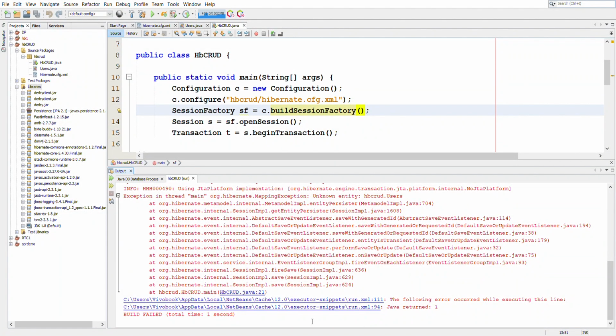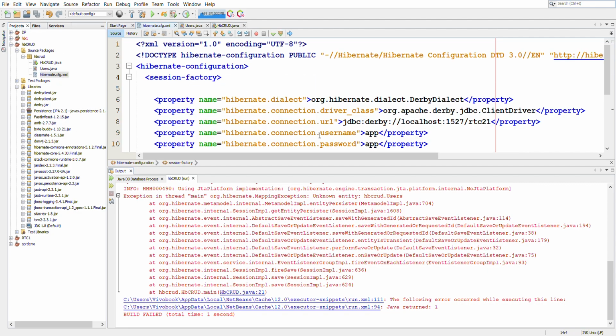here we see an exception. Okay, so it says that there is a mapping exception and this entity hpcrud.User is unknown. Since we have not mapped it, as we have seen in the Hibernate architecture, we have to provide the database connection details and the mapping details.